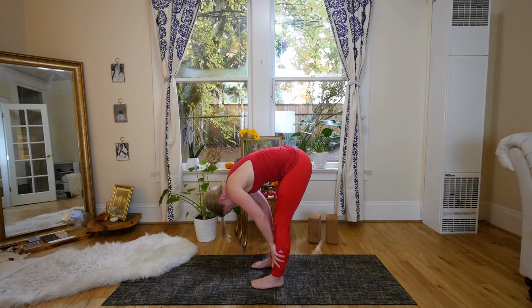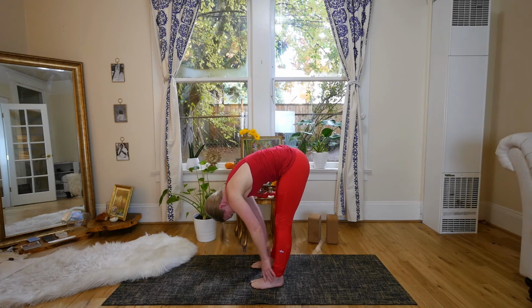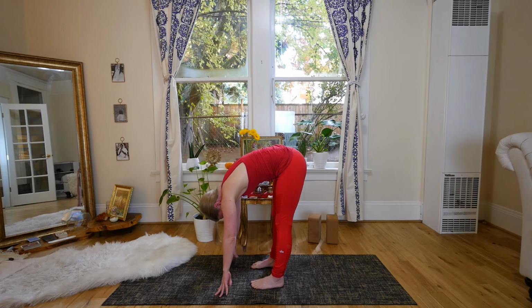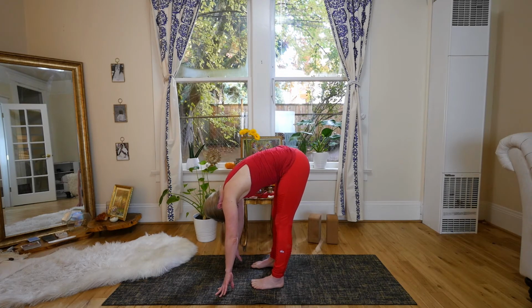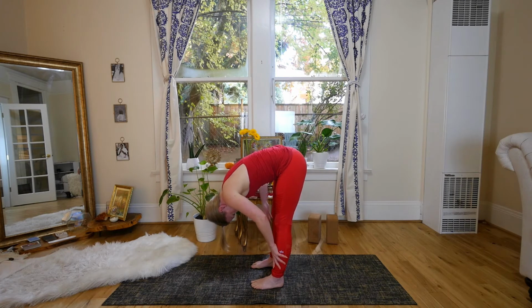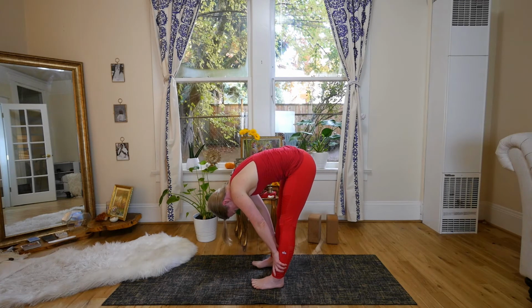Maybe bending one knee and then the other, perhaps swaying a little bit side to side, and just taking a moment to anchor down through the feet in this grounding, earthy posture. Inhaling and exhaling. Gently engaging your bandhas